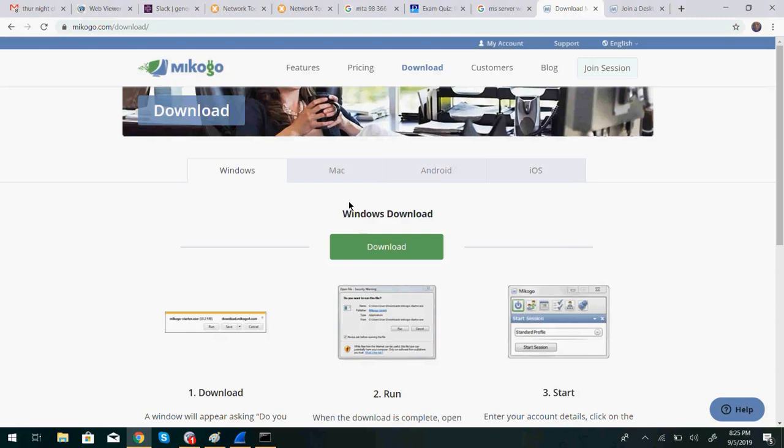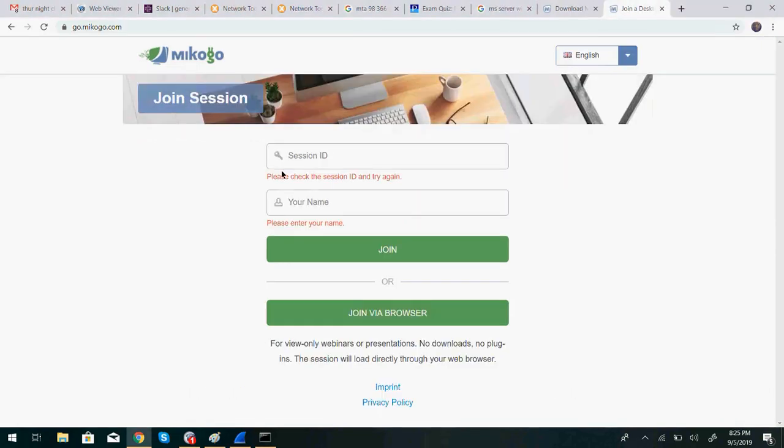Yeah. Oh, it does Android and all that, just like TeamViewer. Yep, you have to download the client, and then you give them the session ID. You give the other person the session ID, and then they just put in their name. I always say